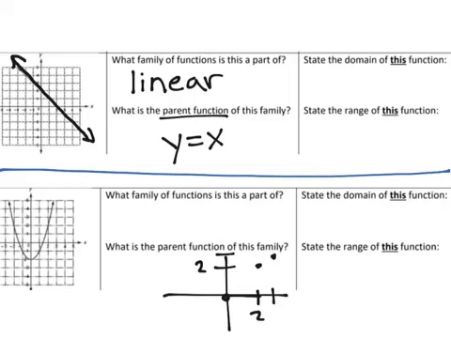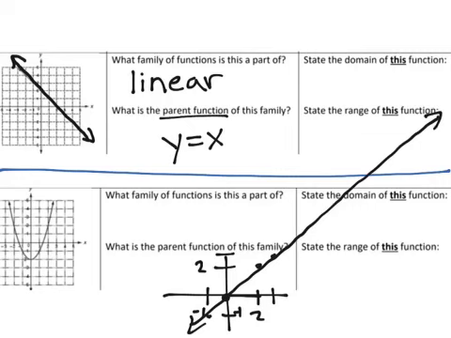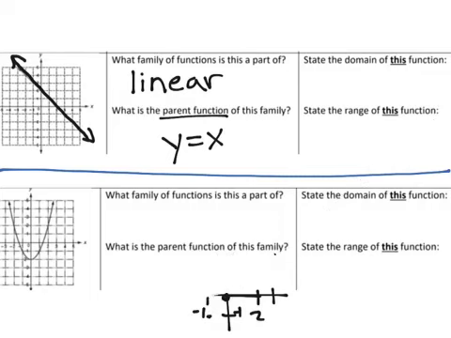If we went to the left, say we went to -1, then there would be another point at -1 on the y, and there would be a point there. So if I connected those, it would make this straight continuous line that goes on forever. And that's what these arrows are symbols for. So that would be the parent function of a linear,